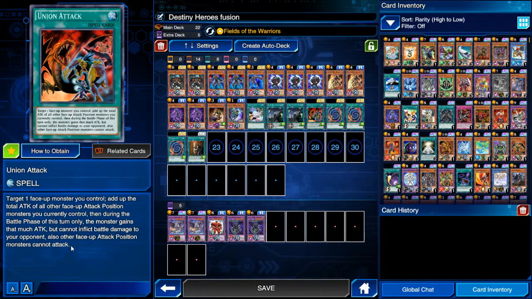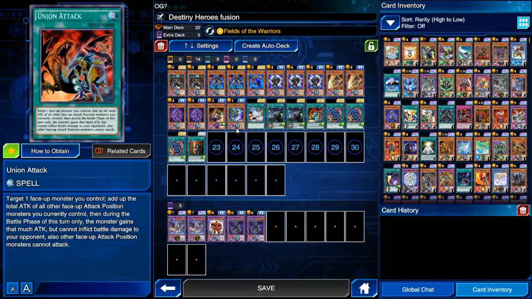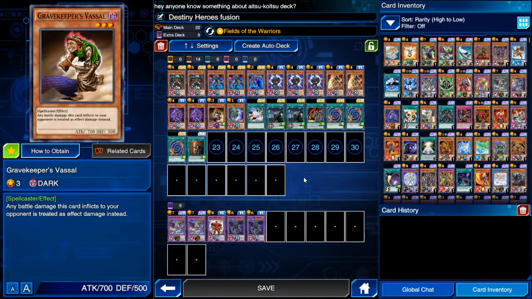And Union Attack does have a big downside in which they cannot inflict battle damage, but Gravekeeper's Vassal has a caveat to this, in which his battle damage is treated as effect damage, and it doesn't say anything about effect damage. So by using these 3 cards in combo with really high attack point monsters, this guy can get up